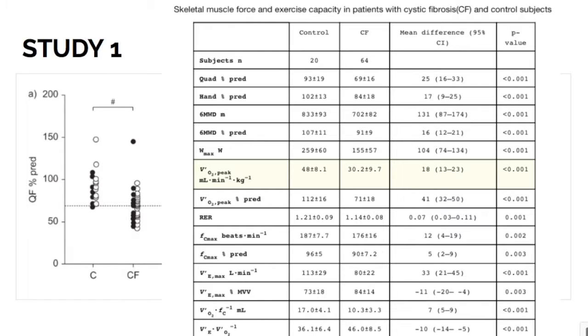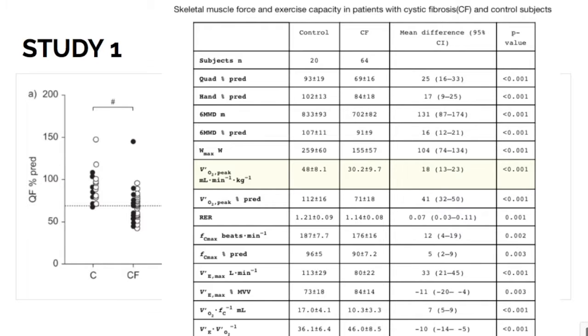All right, so now we have a couple of studies that have looked at physical therapy-related topics in cystic fibrosis. This first one I found is from Troosters from about 2004. And they looked at 64 patients in a Belgian hospital with CF and compared them to 20 control patients without CF. And they looked at a whole bunch of different isometric values and just standard VO2 max type of values